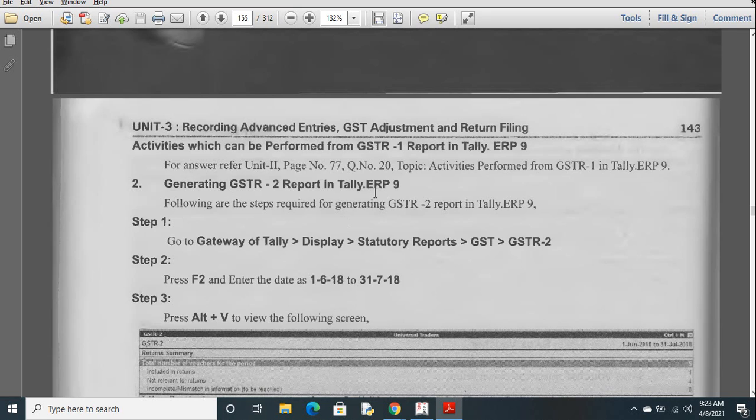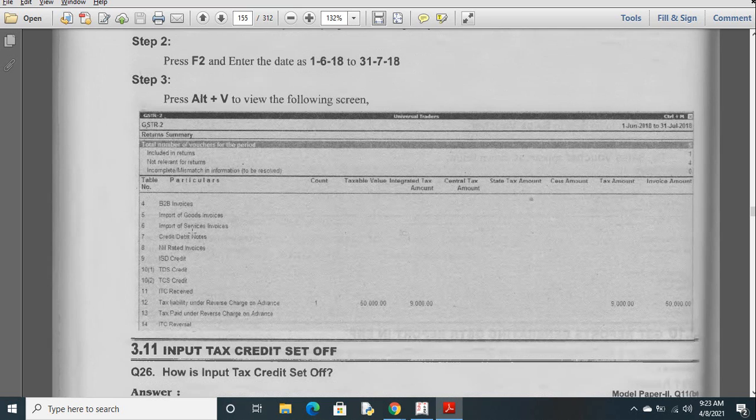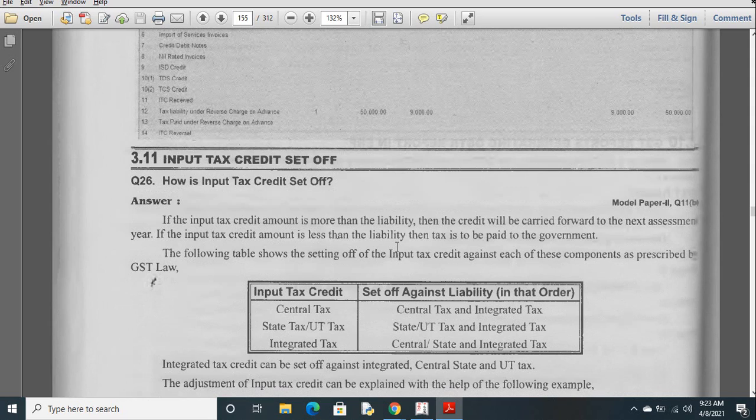Generating GSTR2 reports in Tally. How to generate? Same. Input tax credit set off. If the input tax credit amount is more than the liability, then the credit will be carried forward to the next assessment year. If the input tax credit amount is less than the liability, then tax is to be paid to the government. So the following table shows the setting off of the input tax credit against each of these components: